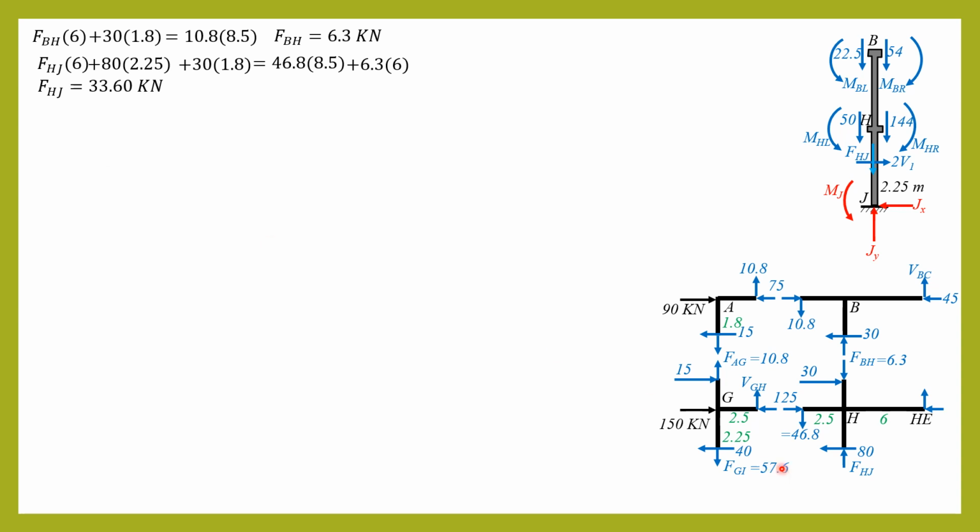So another way of solving FGI and FHJ is we draw the FBD of this entire portion to shorten the solution. So this is another technique which you might apply in your analysis for this problem. So summation moment about GH, so that we don't need to solve for shear GH anymore in this situation. So this is also not needed because it passes through this point. So what is important is this 75 kilonewtons and that 90 kilonewtons. So FGI times 2.5,